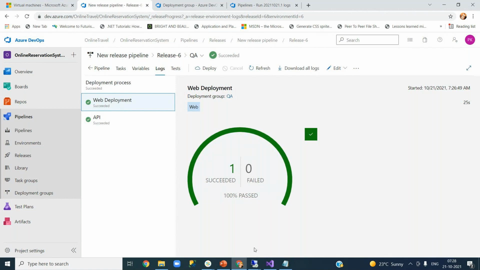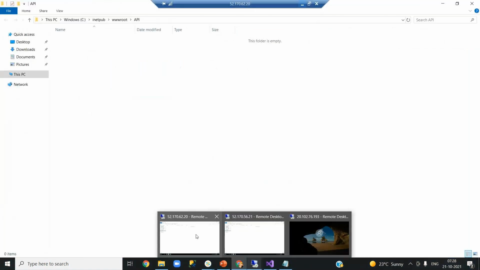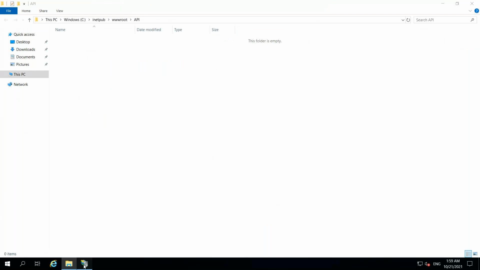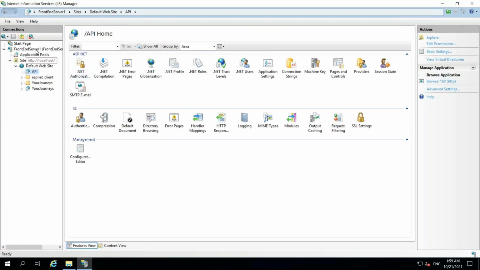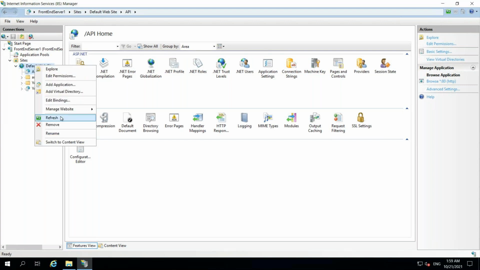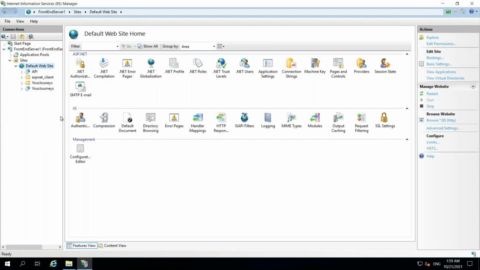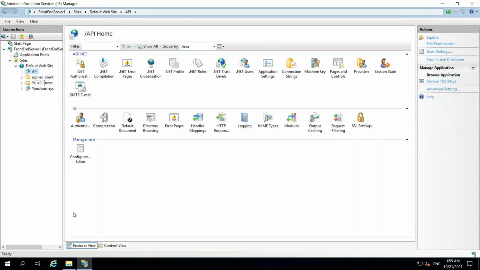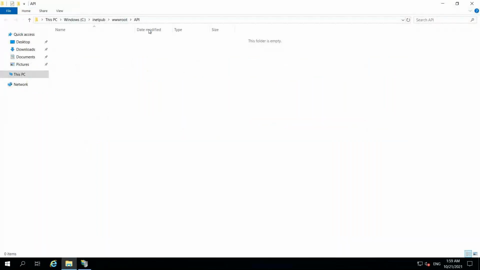Okay. Go to front end server 1. So here you can see, right, front end server 1. It should not have anything. You can refresh this website once. You see there is no code here, right? And you go to folder as well. Just for differentiation, I am trying to show you. Okay, there is nothing here, right? Okay,